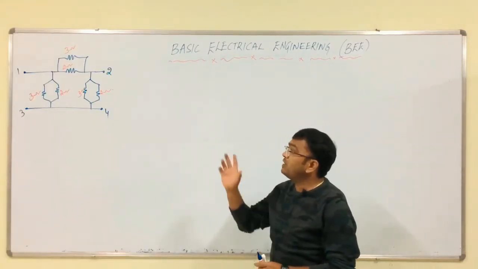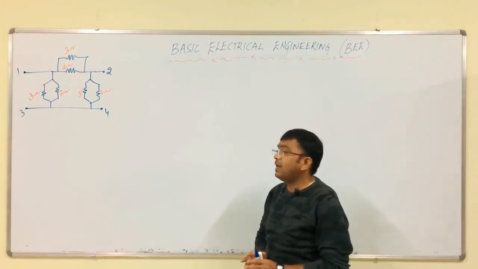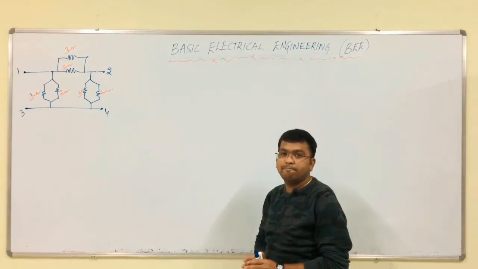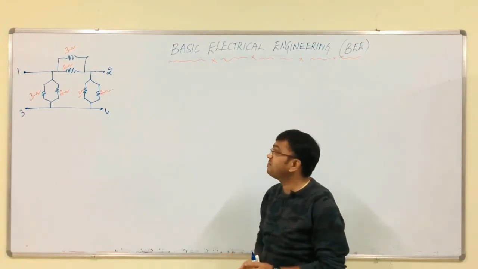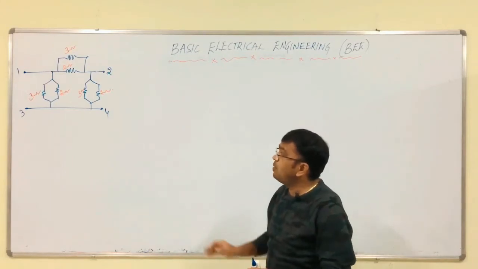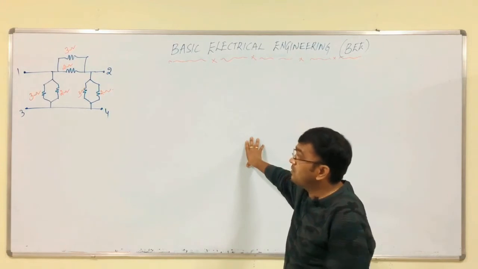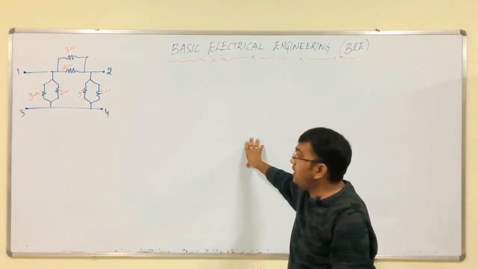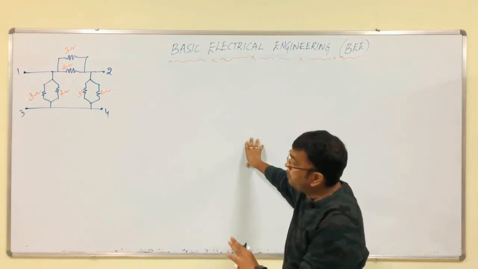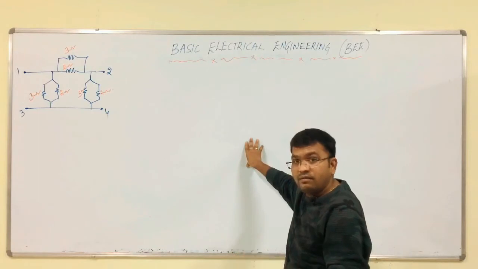Now, we have to look at this problem. This is the given network and we have to calculate the equivalent resistance in star and delta connected network. By seeing this problem, what have we observed? In any case, we have 3 and 2 ohms only. In every case, 3 and 2 are connected in parallel.